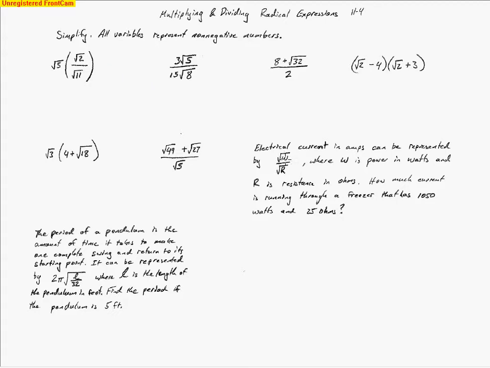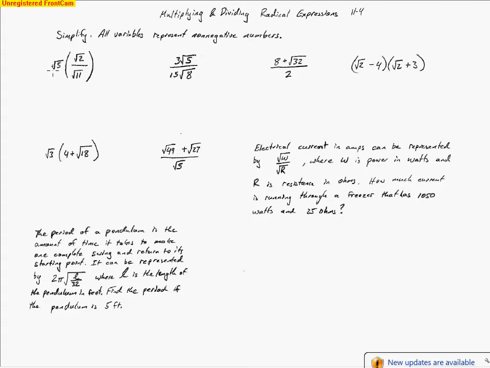Basically all this means is that we can't have a negative number underneath the radical sign, because as we learned before in regular Algebra 1, to be a real number we can't have a negative number underneath the radical sign. However, in later courses we'll see that we have another number system called imaginary numbers, and the square root of negative 1 equals i. But for right now, we'll just go with what we know, where we do not have negative numbers underneath the